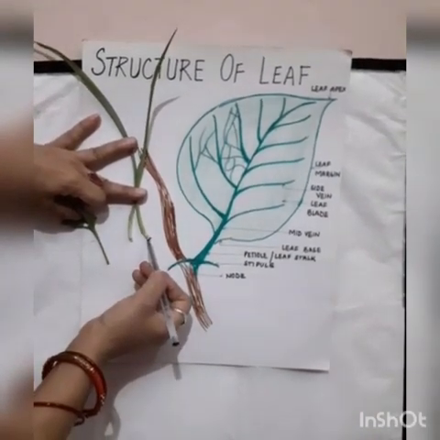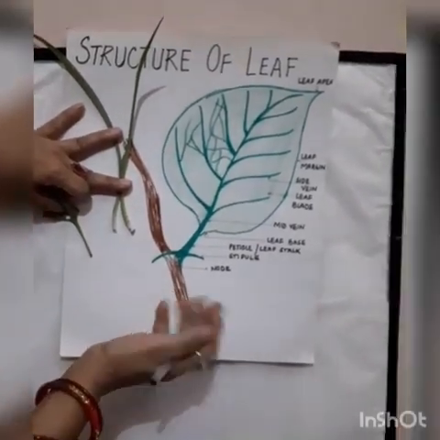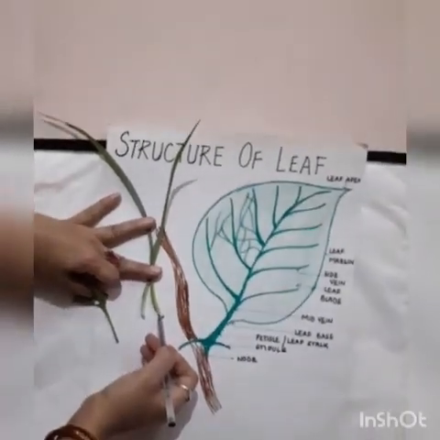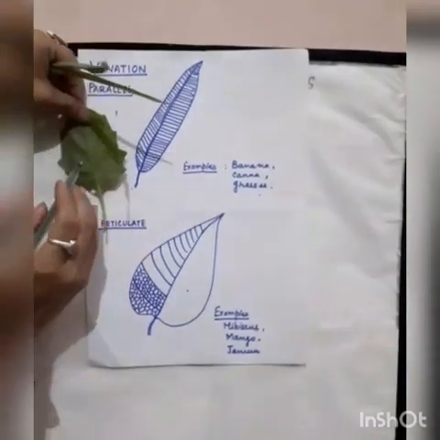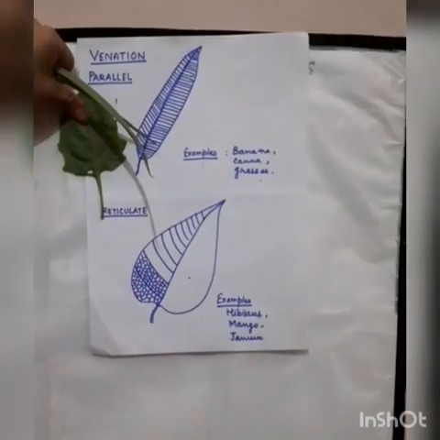Examples of sessile leaves are the monocot plants such as grasses. Very commonly, all of you have seen grasses. So grasses are the example of the sessile leaf. Now just now I told you that each leaf is supported by the veins. The distribution of veins is different in different leaves.